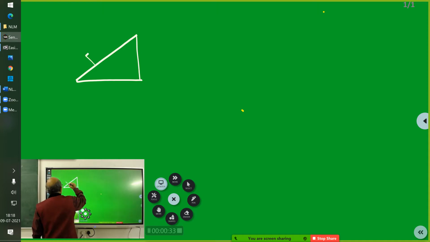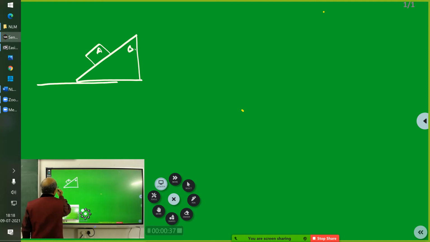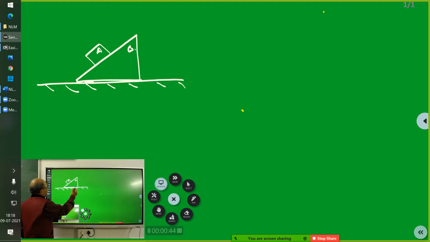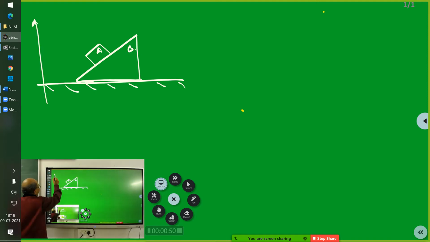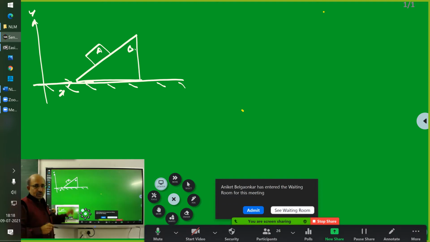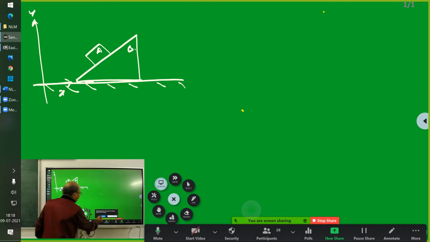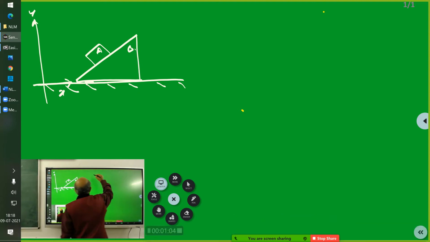So the body is here, I will call it A, and this is B, and this is the rigid ground, you can take earth. Here I have split this, and you see I have taken the ground as a reference. No confusion, I am addressing everything with respect to this reference. So if you take body A,